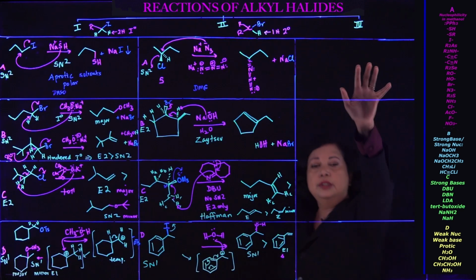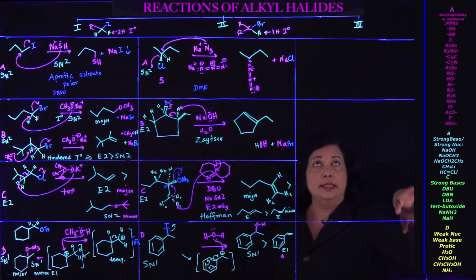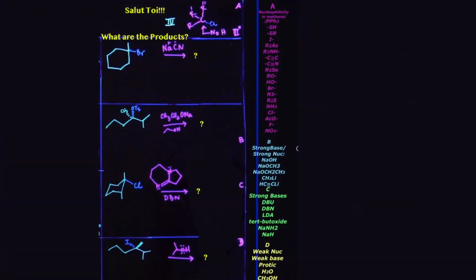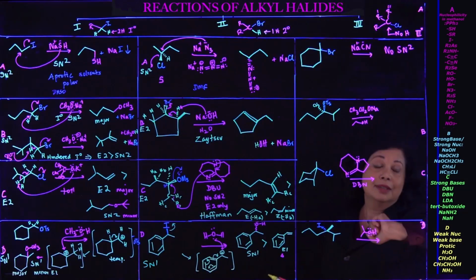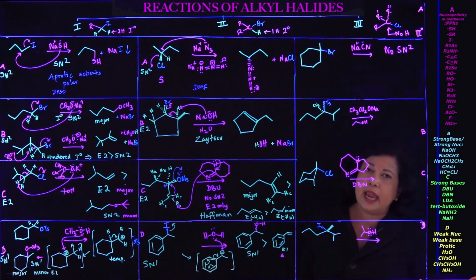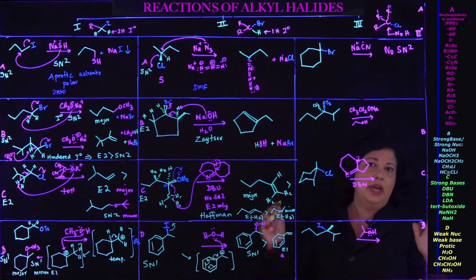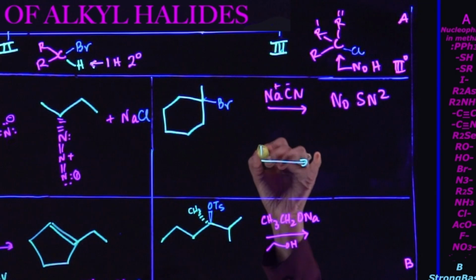Let's look at the tertiary, this bucket. What happens when you add A, B, C, D to your tertiary? So tertiary, all backsides covered, no SN2. Does that mean there's no reaction? It depends. If you have a protic solvent, let's say you are in a protic environment and you have a